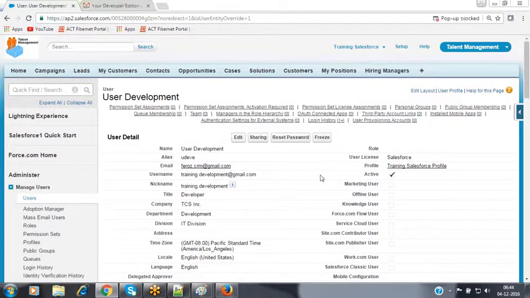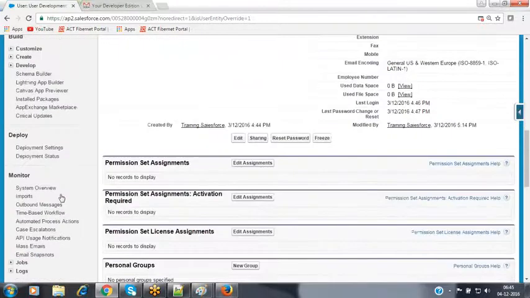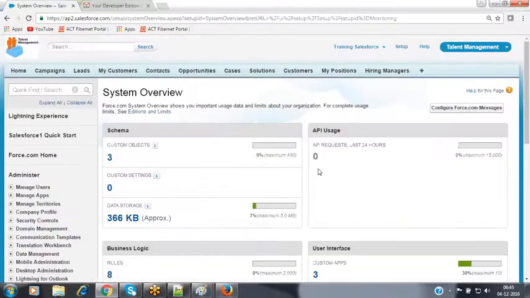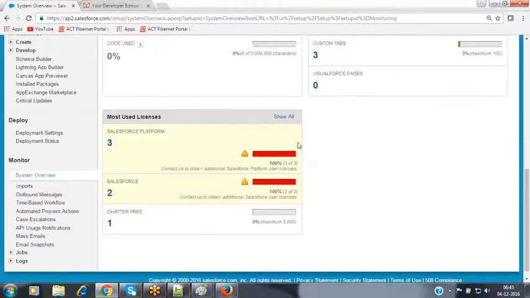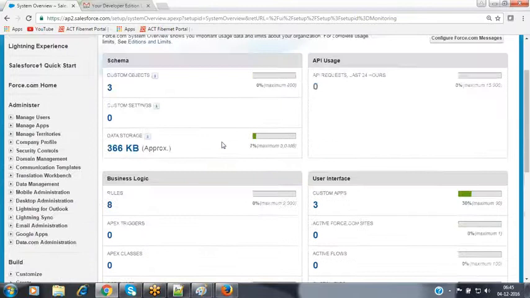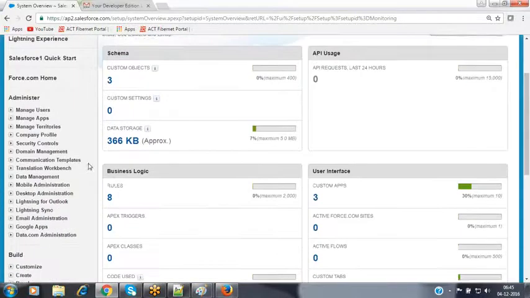Also that possibility is available to you, because this person is ready to continue in the organization for 1 more year, because we have offered very good benefit to him. So because of that, he would like to stay in the same company for some more time. So now when you go to that system overview, let's see. System overview. Now the licenses are full again. Nothing but whatever licenses we have, all the licenses are full. So this is the way we can create the user and we can deactivate the user.